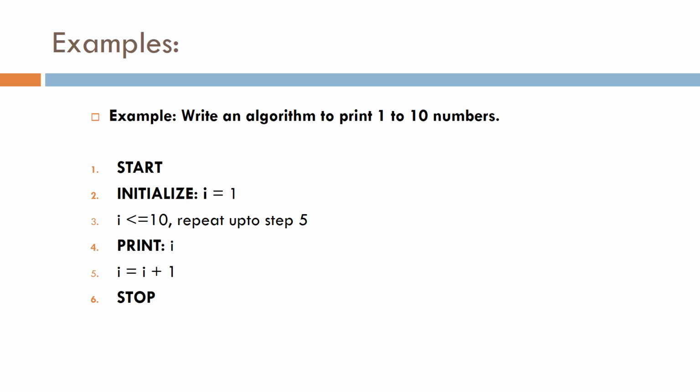In the third step there is a condition to check that I is less than or equal to 10, because we have to print only 1 to 10 numbers, not more than that. So I is 1, so 1 is less than or equal to 10, and then after a comma we write one statement, and it repeats up to step